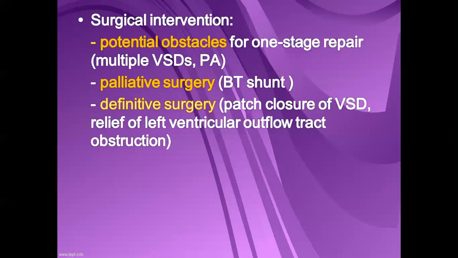But one main feature is that the child's condition has to be assessed and the child should have satisfactory weight. If satisfactory weight gain is present according to the age, then the surgery may be planned. First and foremost, the child should not have any infection before the surgery. If the child has any infection or pneumonia, the surgery can't be performed. So this is about tetralogy of Fallot, one of the important conditions.